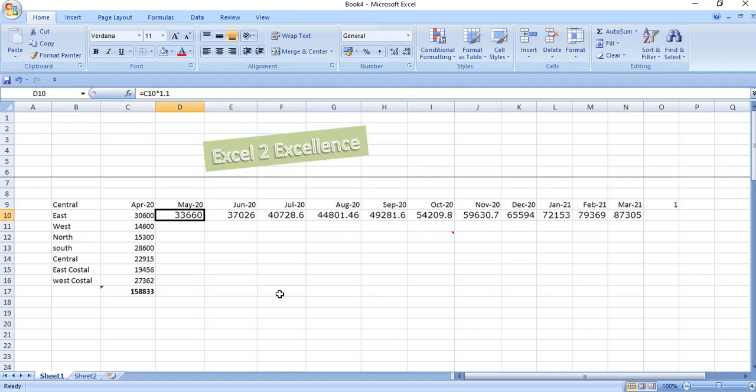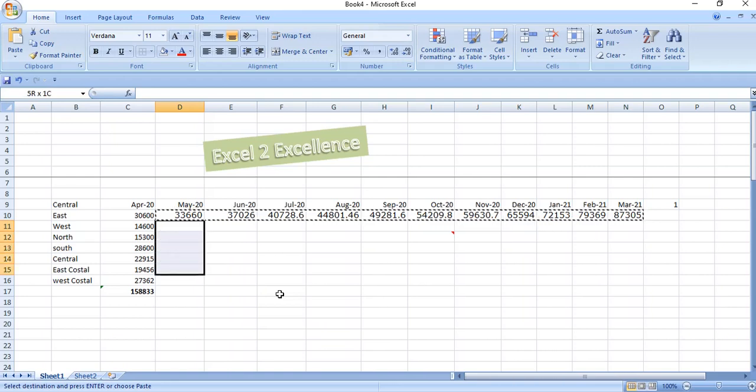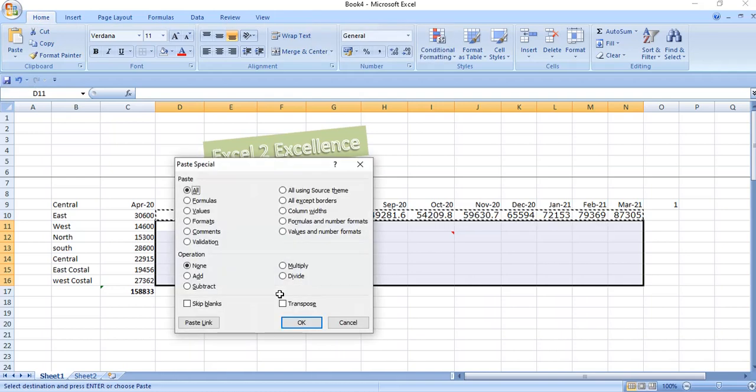So what we have to do, we will select this entire range starting from May with the help of Control C. Now bring your cursor to the area where we want to copy this formula. So I have selected the entire area. Now press Alt E S. A dialog box will open.